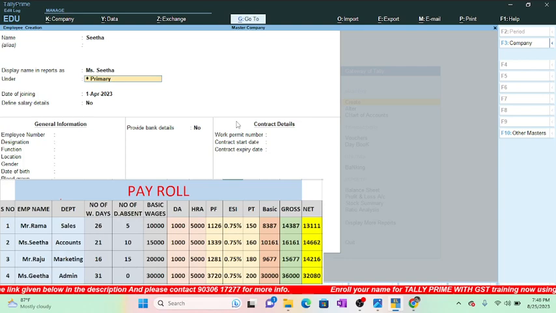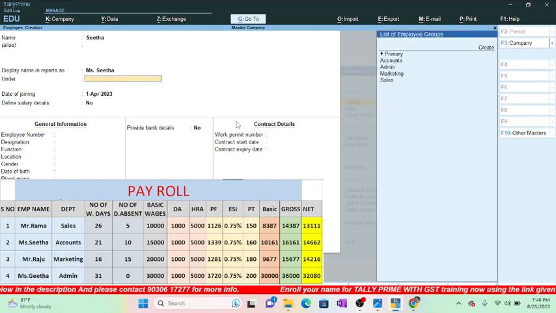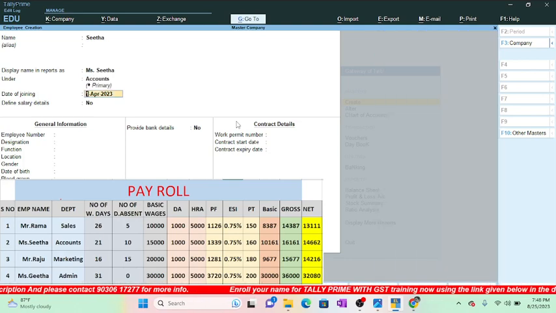So select under accounts department, and what is the date of joining? You can enter the date of joining, suppose 1st August 2021, and define salary details no, and here you can